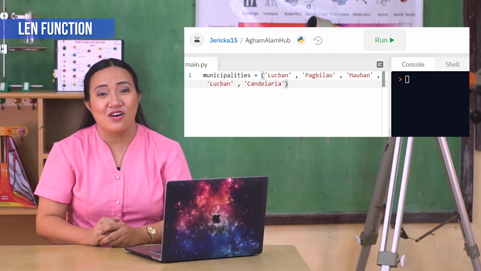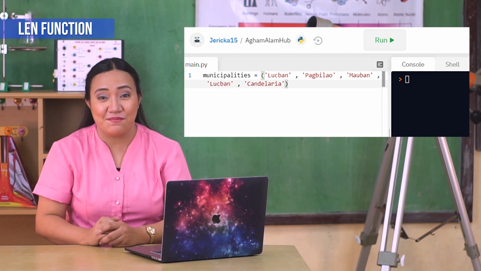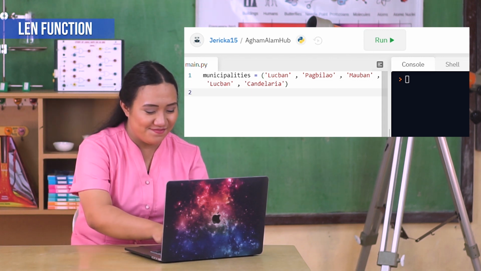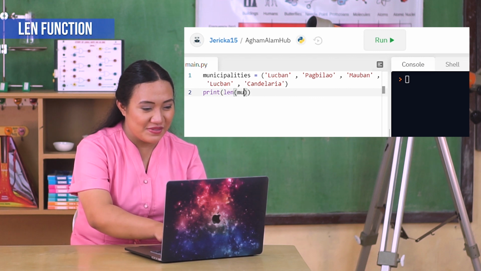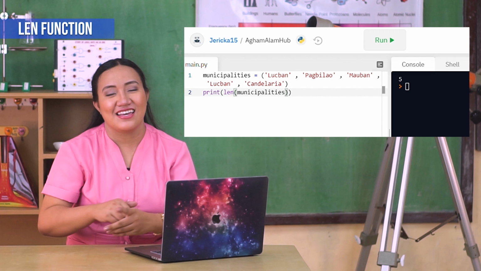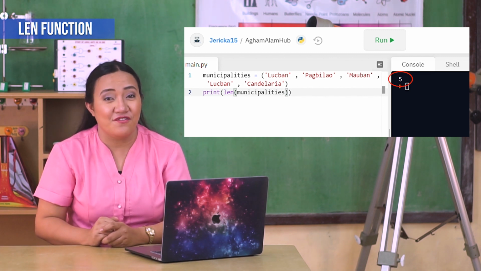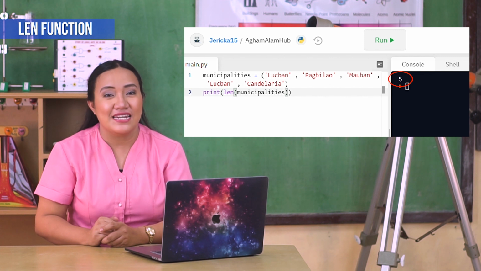To determine the number of elements in the variable municipalities, let us type this code. In our example, the length is 5 because there are 5 elements in the tuple named